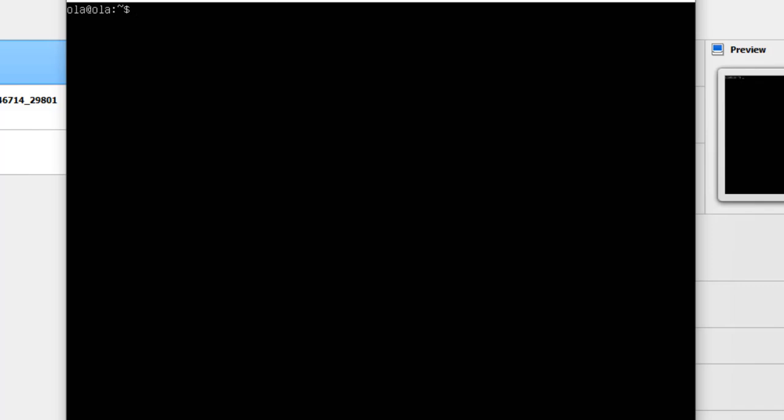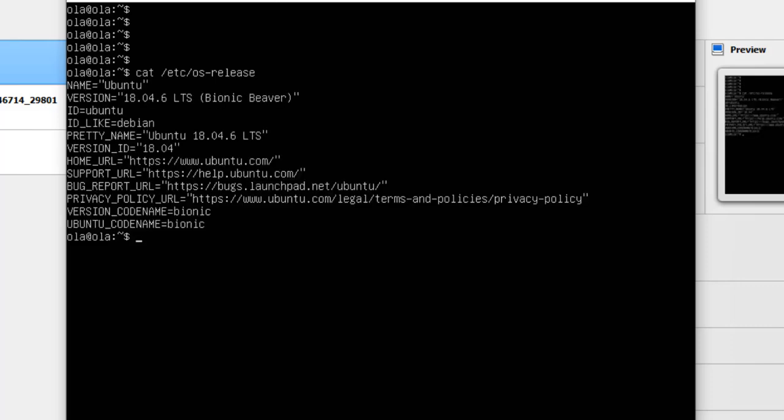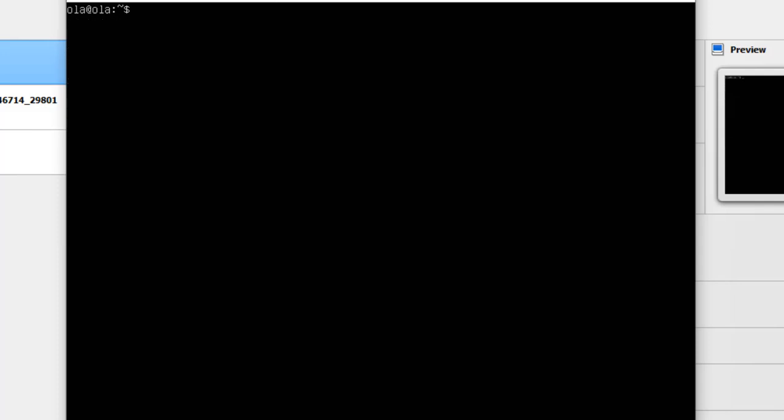In this video, we're talking about Linux commands for Ubuntu. This is a Linux machine, and you can see that we are using cat. This is an Ubuntu machine. Release. As you can see, this is an Ubuntu. The version is 18, Bionic Beaver, and it's Debian-like Ubuntu. So as you can see, basically this is an Ubuntu machine. So we want to talk about some Linux commands on an Ubuntu machine, and the main one is